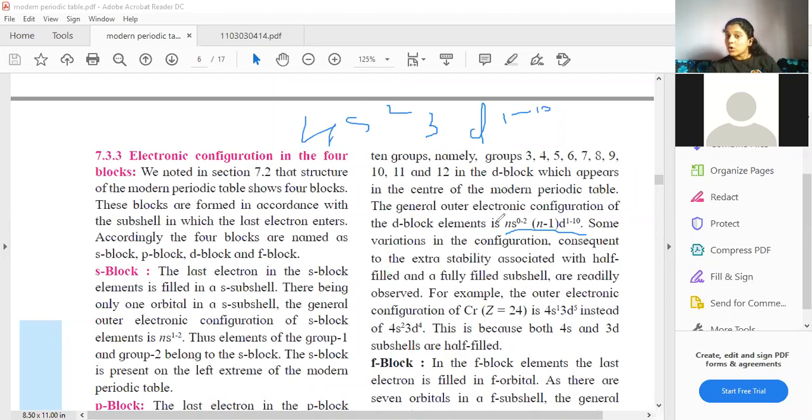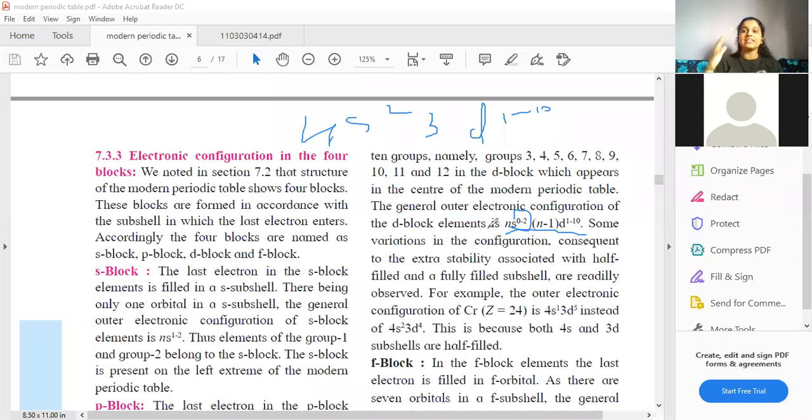But why they have written 0 to 2 over here is that as you go for higher elements with more atomic number, so we write S and D and then we'll write the further orbitals. So there is a possibility that a new S orbital is also introduced, right? Yes or no? Like 5s will come into picture and then later on 6s will come. So we don't know if that is going to be filled or not. That we can come to know only if we write the configuration. So there are chances that a new S orbital will be filled or will not be filled. That is the reason. That will depend. Now to understand that, what you can do is write the configuration of all the elements in the D block.